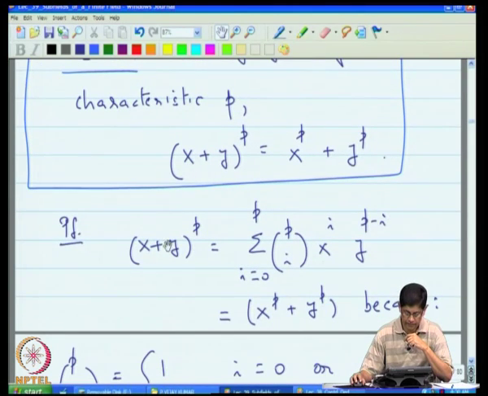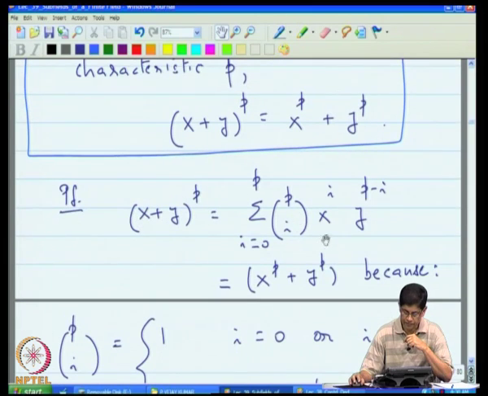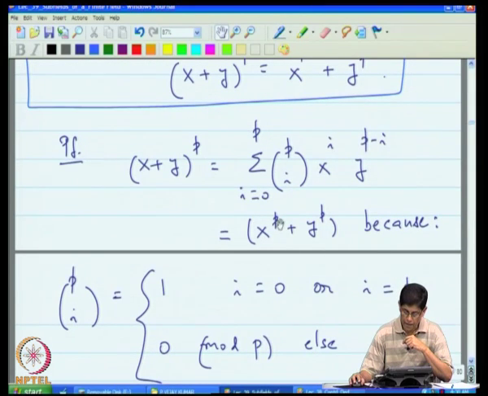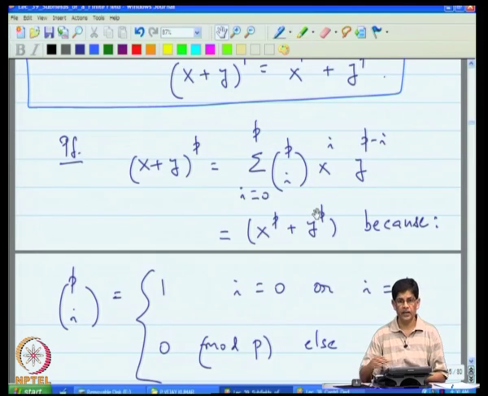How do you prove that? You just carry out the binomial expansion. So (x plus y) to the P is the sum from I equal to 0 to P of P choose I, x to the I, y to the P minus I. Now it turns out that there are actually P plus 1 terms in here, but if you work it out, only the 2 extreme terms survive, the others vanish,